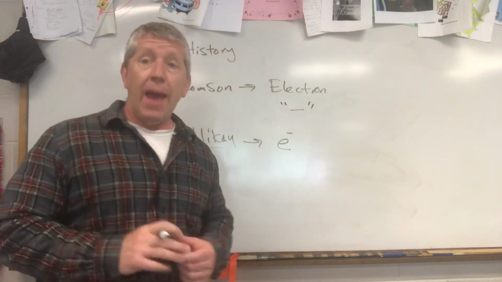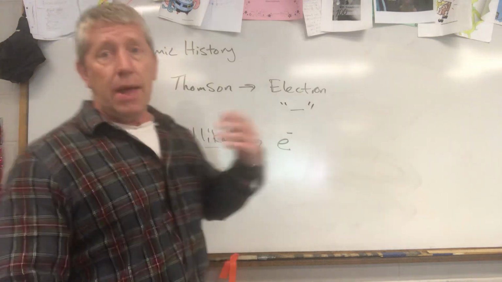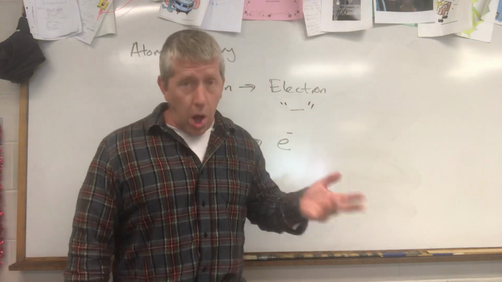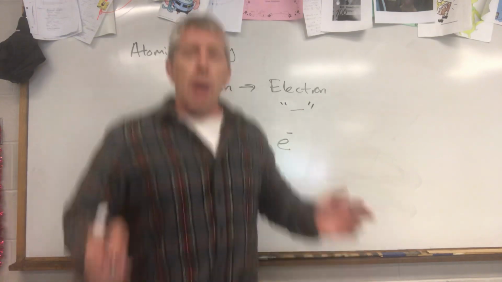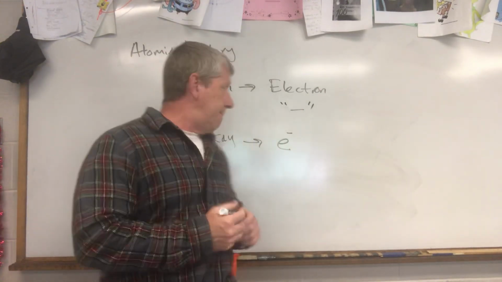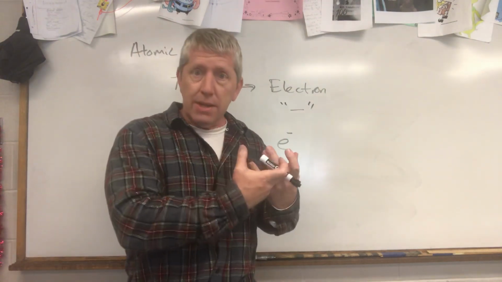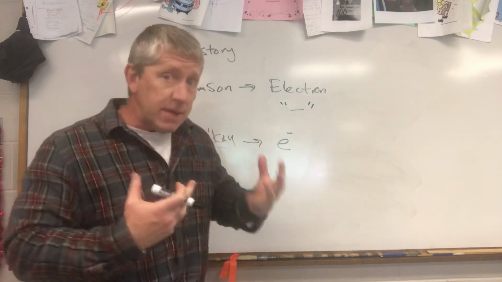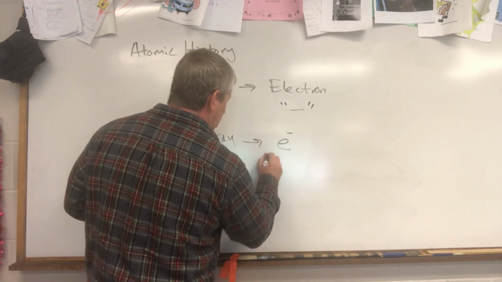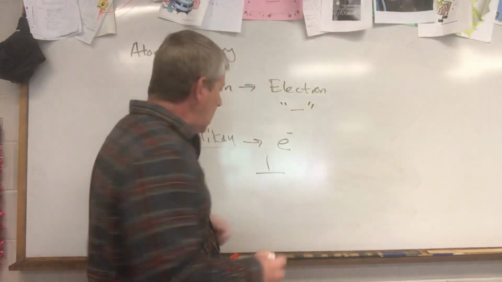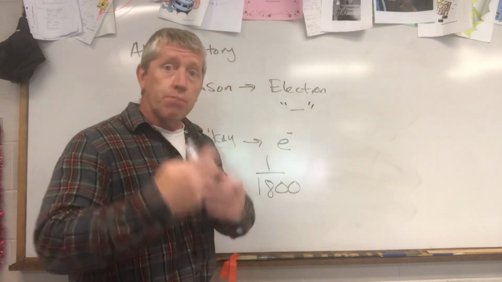And also the mass ratio, meaning that he did an experiment that determined that the mass of the electron is really, really small compared, we talked about this in the last video, compared to the neutrons and the protons. And in fact, he didn't come up with an exact mass of it. That wasn't possible in the early 1900s, but he came up with a relative mass of the electron as being 1/1800-ish. A little bit more than that, it was like 1/1840, but we'll say 1/1800th the mass of a proton